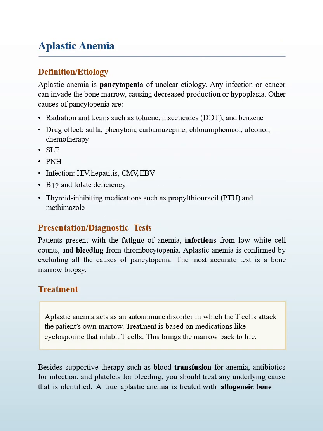Okay, let's talk about aplastic anemia on slide 30. Aplastic anemia is pancytopenia with unclear etiology. Any infection or cancer which can invade the bone marrow can cause decreased production or hypoplasia. The other causes of pancytopenia are radiation and toxins, such as